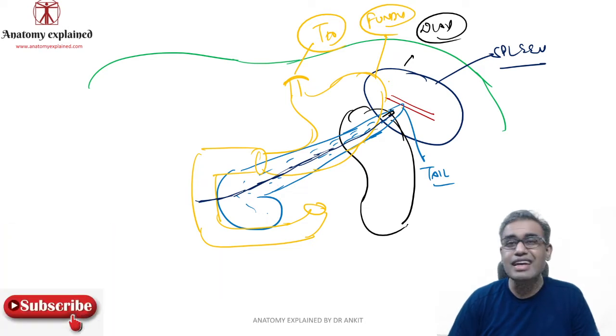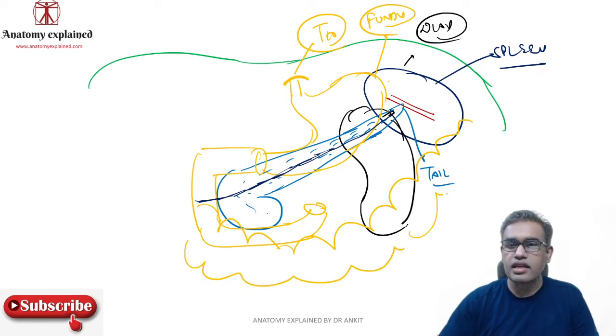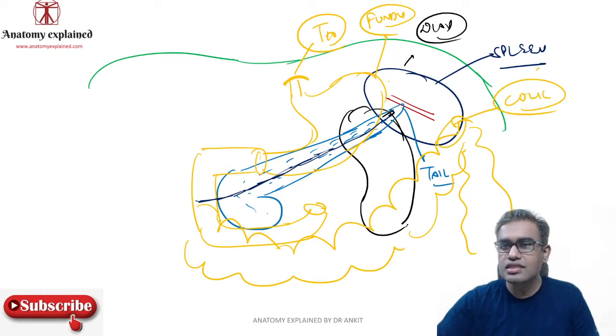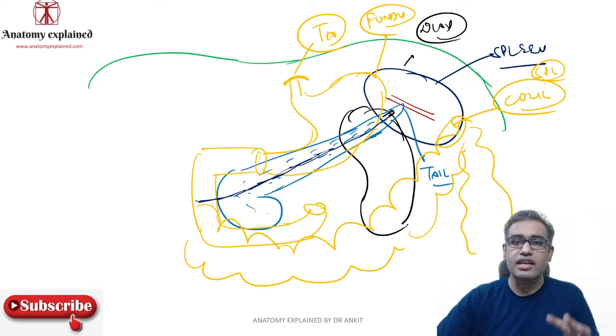Now transverse colon is an intraperitoneal organ. So you have this hanging loop of the transverse colon. That loop actually reaches the lower end or the anterior pole of the spleen, and then it curves over here as the descending colon. So here what you have, this is the colic impression, or you can say the splenic flexure of colon. So these are the main 3-4 viscera which are actually related to the spleen.